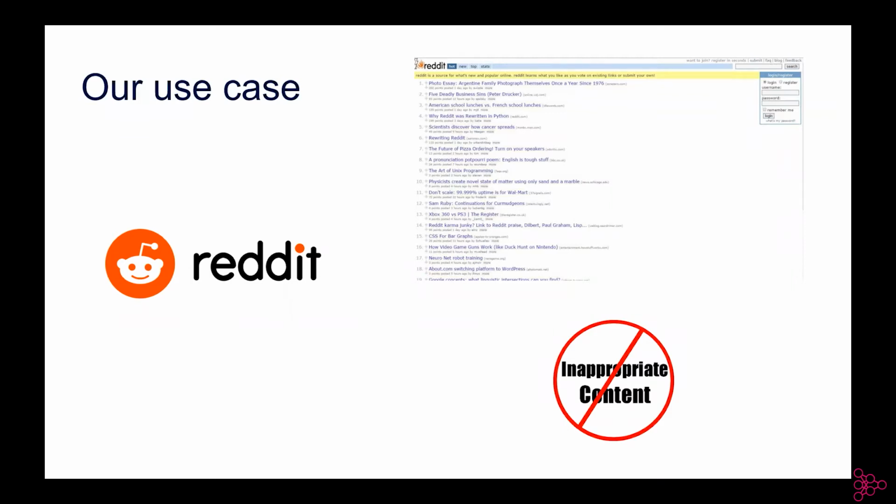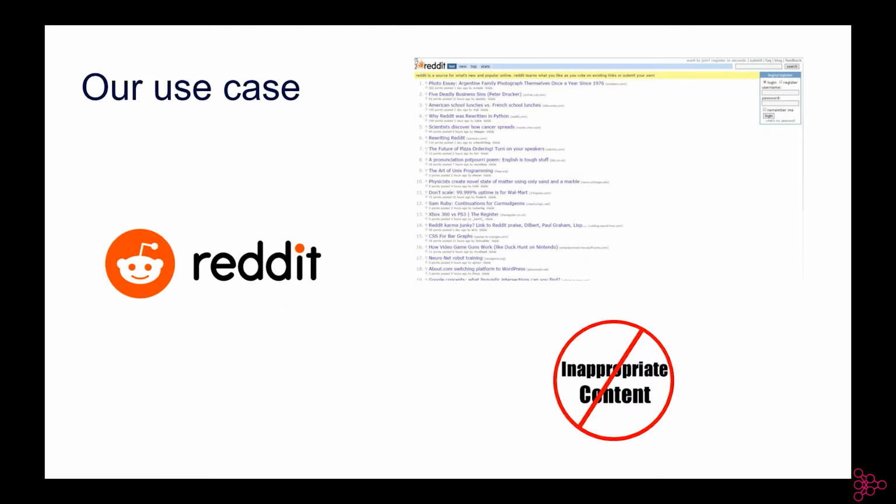So our use case is based on Reddit data. Basically, some time ago, Reddit wanted to be able to identify content that is inappropriate within a subreddit. If you're familiar with Reddit, within a subreddit you will always have people that can post garbage, and what I mean by garbage is inappropriate content.